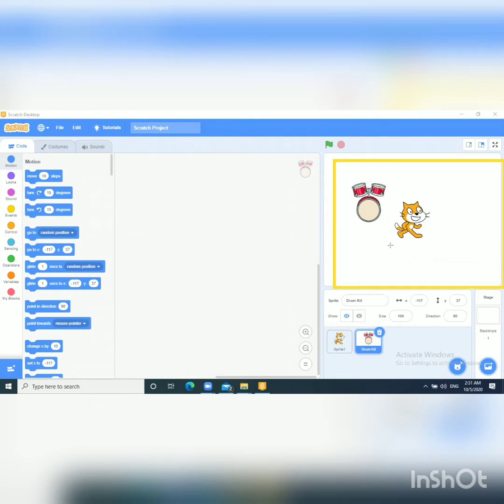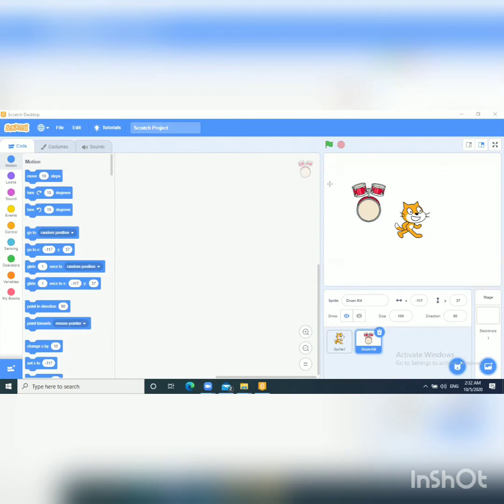Stage is basically the area where we place our sprite, and it is divided into x and y coordinates. You can see horizontally it is called the x coordinate and vertically it is called the y coordinate. Whatever action we give, it will be performed on the stage. This is the stage area.